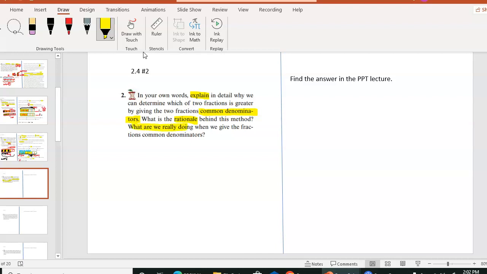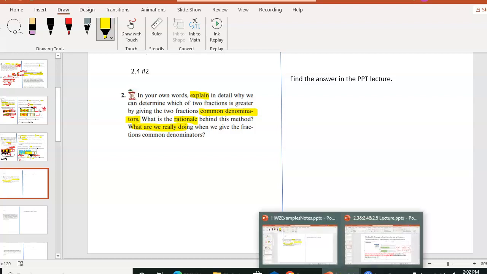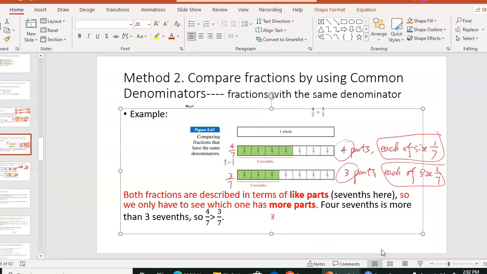What is the rationale behind this method, and also what are we really doing when we give them common denominators? I did give examples in class, so I may just explain here and ask you to write down in your own words. The example I did in class was this one, which already has the same denominator,